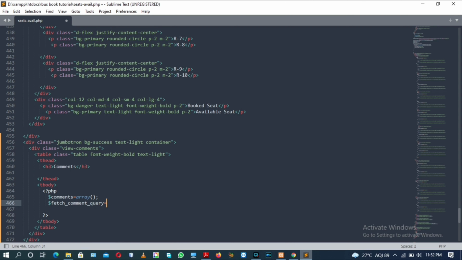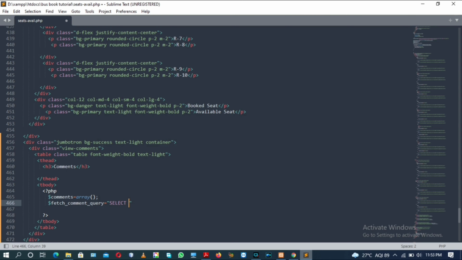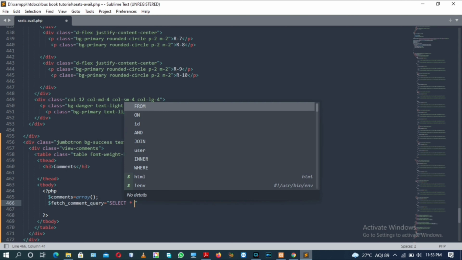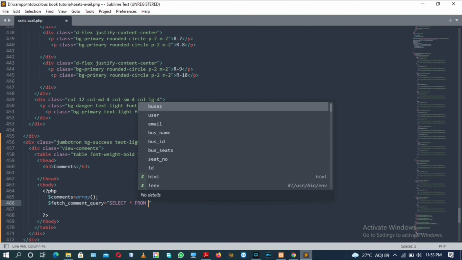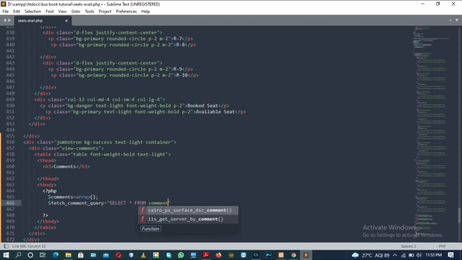Actually I haven't created the comments table, so after writing the PHP script for comments, we will first create a new separate table for comments. So writing the SQL query: select star from comments.